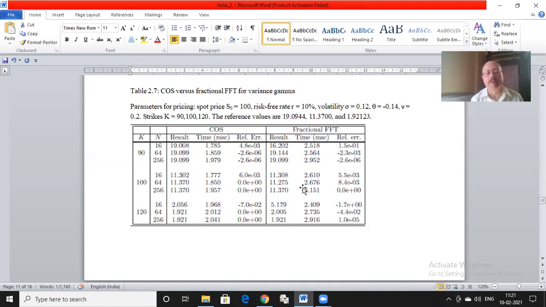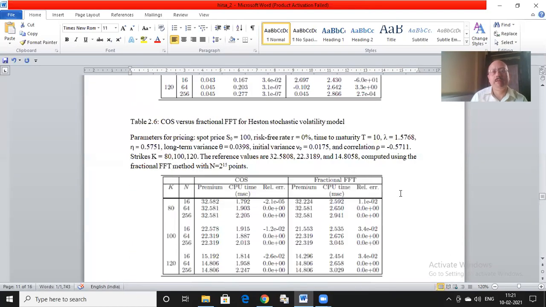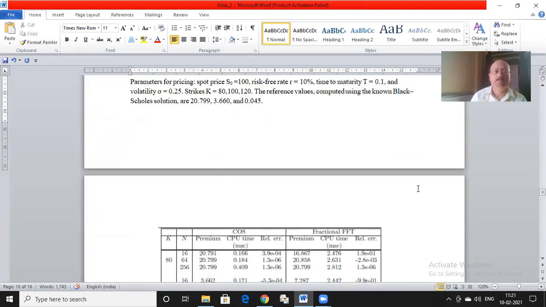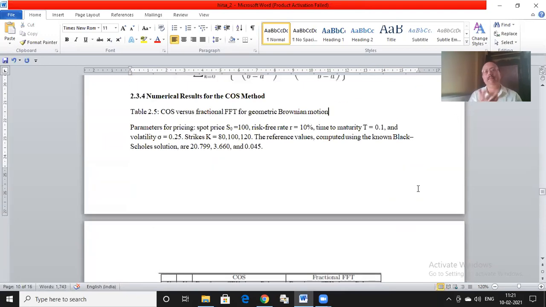It is like 2/3 time is being taken. So I take 2/3 time and I am converging faster than the fractional FFT. Faster in the sense with smaller n, smaller number of terms in my summation. So that's why actually, summing up, one can confidently state, as Hitsa did, that the cosine method is the fastest among all the 3 methods.